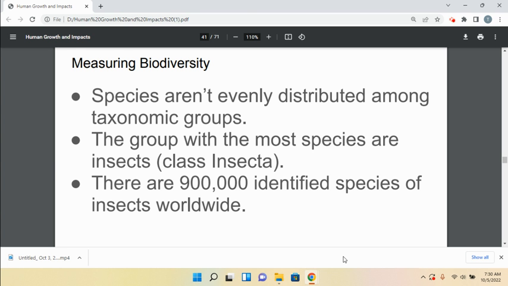They tend to reproduce in crazy numbers. There's a tremendous amount of diversity among insects. They fill many niches. They can adapt to many environments. They're found pretty much everywhere. And as a result, they are indeed the most successful class of organisms on the planet.